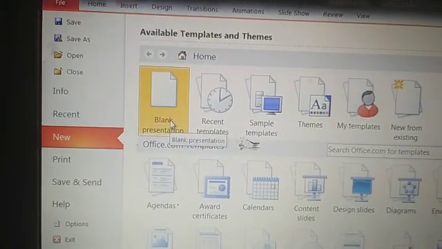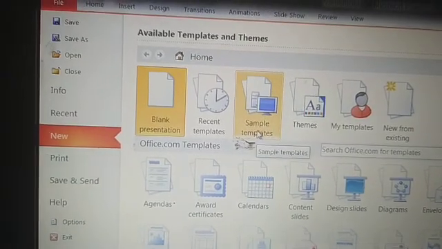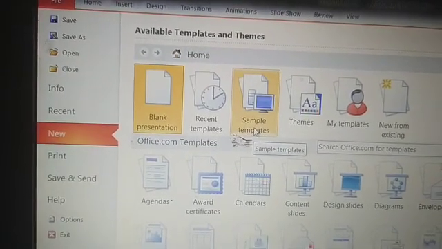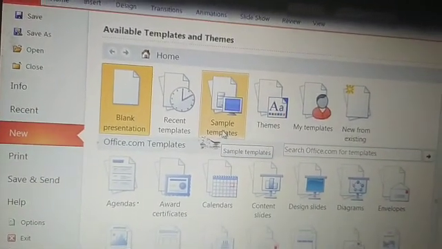This is the blank option for creating a blank presentation. Blank presentation means it will not give you any background color or font, or provide you anything. You have to prepare your own.